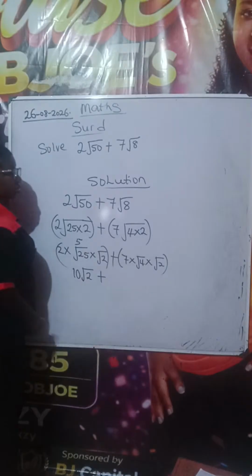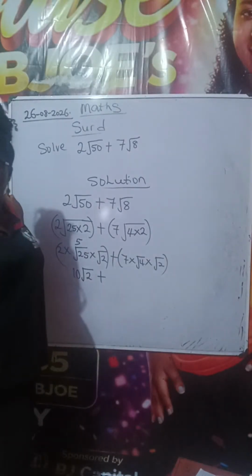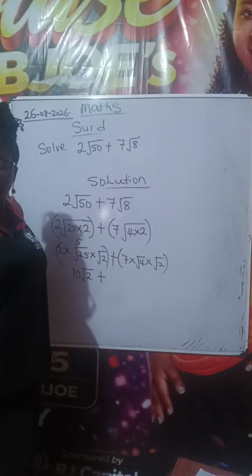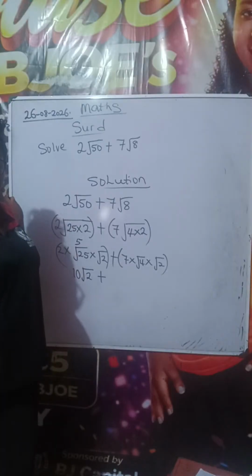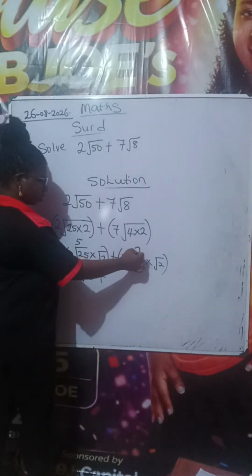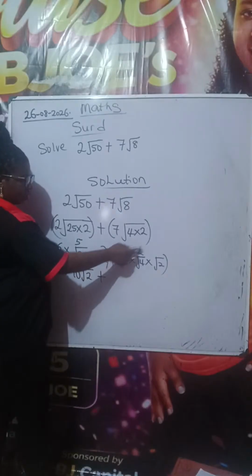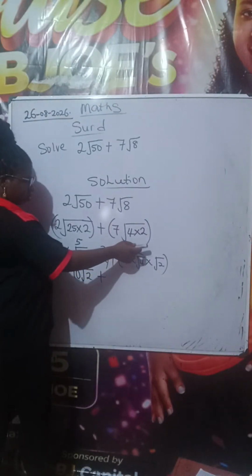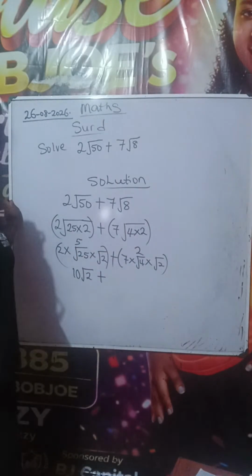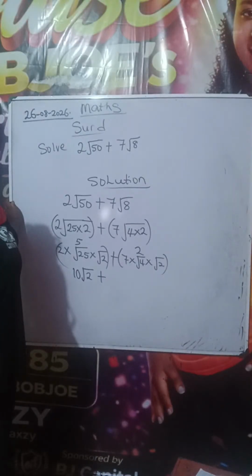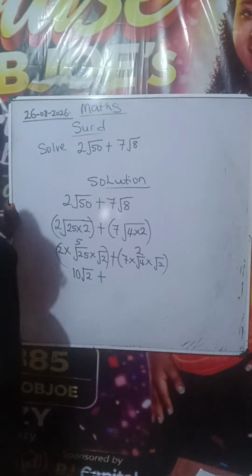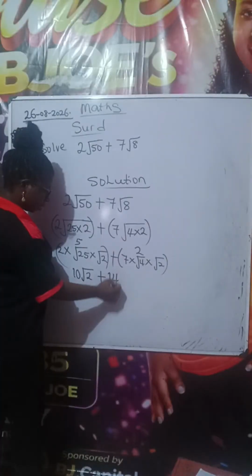Now, what is the square root of 4? Can we get the square root of 4? The square root of 4 is 2. So I will now write 2. So use this 7 to multiply. 7 times 2, what do we have? That will give us 14, correct. So we have 14,